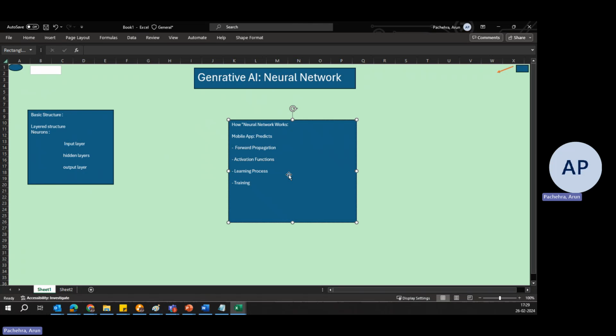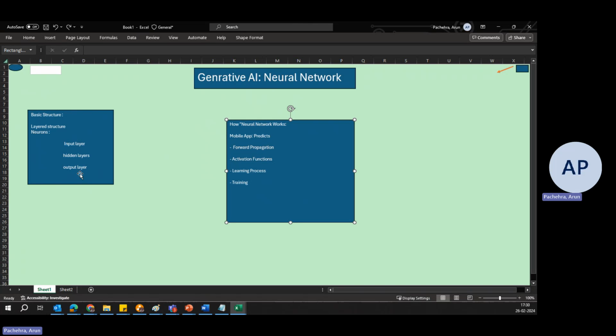So this cycle of making predictions, comparing them to actual ratings, calculating the loss, and adjusting the network's parameters through backpropagation is repeated many times on many different movies and your ratings, and it keeps getting better. Over time, as you rate movies, the app gets better at predicting your movie preferences. It's like a friend who knows you better with each movie night, learning more about what you enjoy and making better recommendations. So that's how it actually works in these four steps.